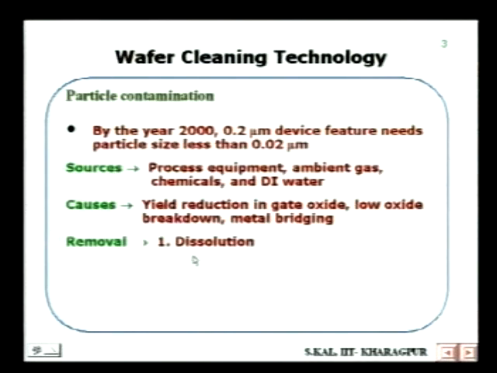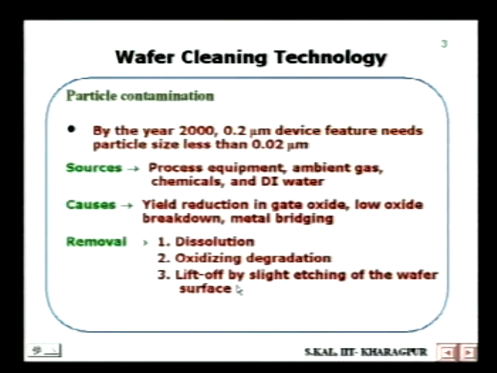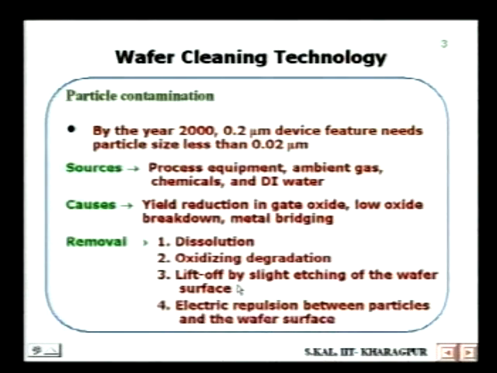The ways are dissolution, oxidizing degradation, lift off by slight etching of the wafer surface, and electronic repulsion between particles and wafer surfaces. So by all these methods, dissolution, oxidizing degradation, and lift off, that means first oxide formation and then etching of the oxide, you can remove those particles. Most of these techniques are used in different etching methods, and those will be discussed